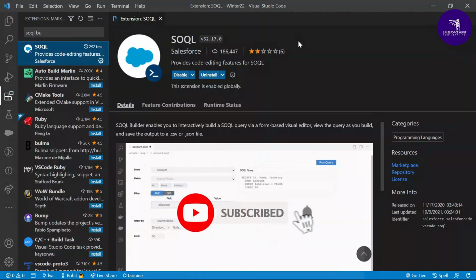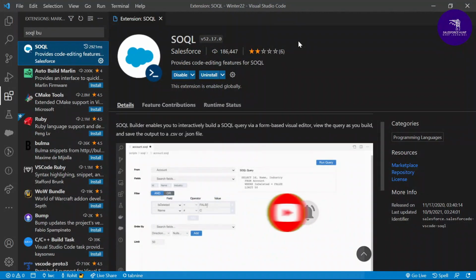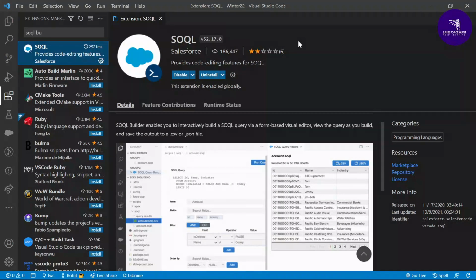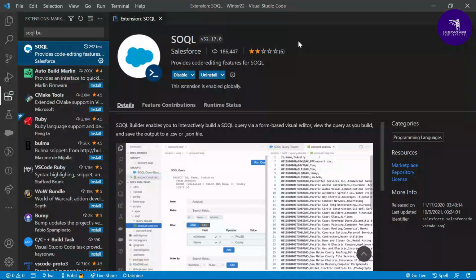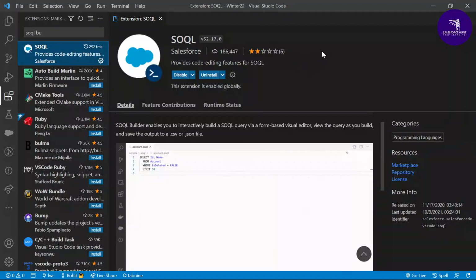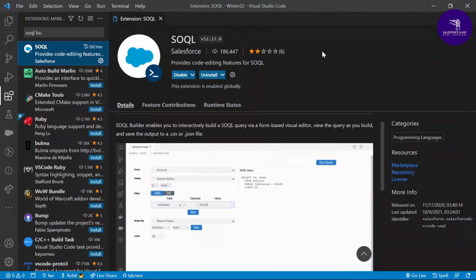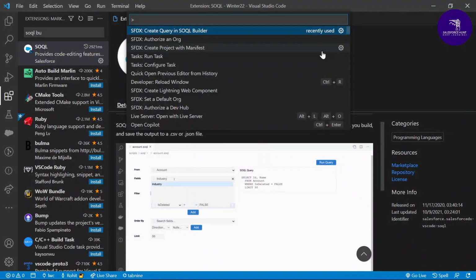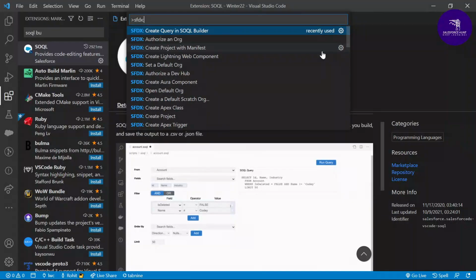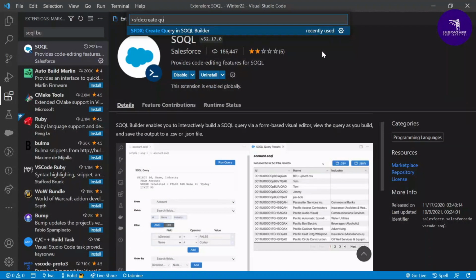And how do we execute this SOQL extension in our code? There are so many ways, but let me show you the easiest way. Let me open my command palette, that is Ctrl+Shift+P in Windows. Here you can see the command palette, and you just have to search for sfdx create query.